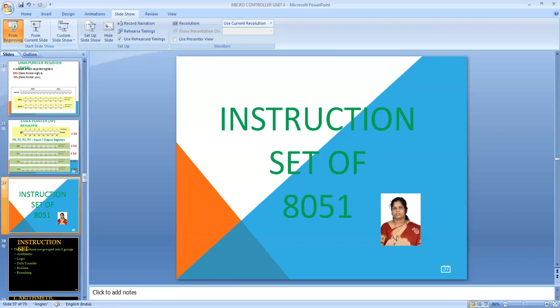Then LCALL, long call, similarly ACALL, absolute call, and then the program can return from a subroutine or return from an interrupt service routine. Here we have conditional jump instructions as well as unconditional jump instructions. Certain things we can check here: JZ, jump if zero, JNZ, jump if not zero, and DJNZ, decrement and jump if not zero. Like that, there are many: JC, jump with carry, JNC, jump with not carry, JB, jump with bit, and JNB, jump with not bit. So these are all about